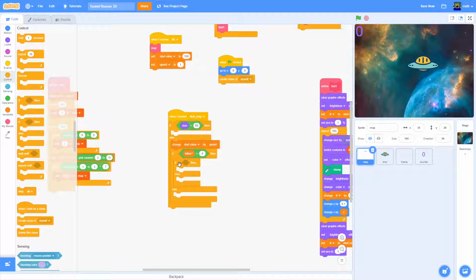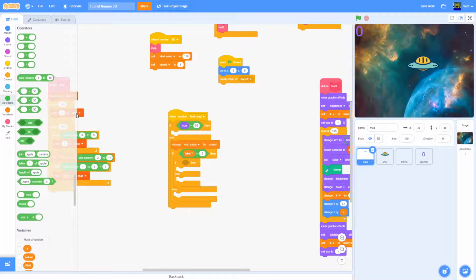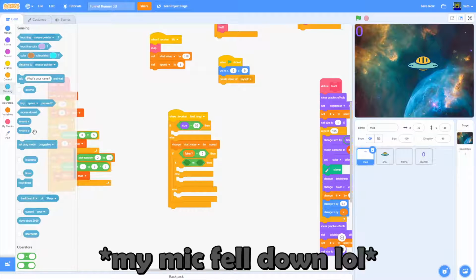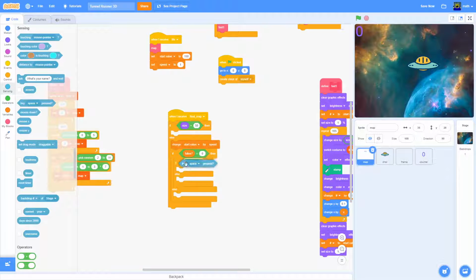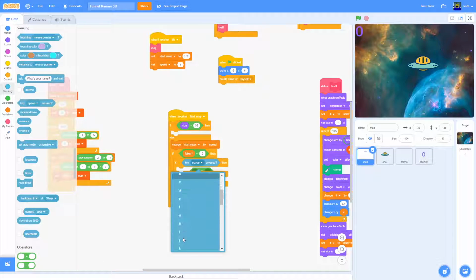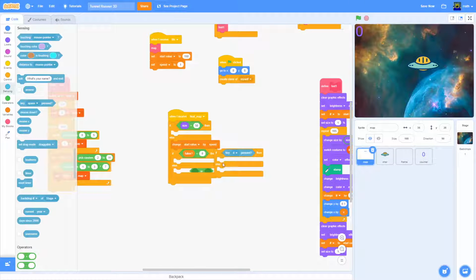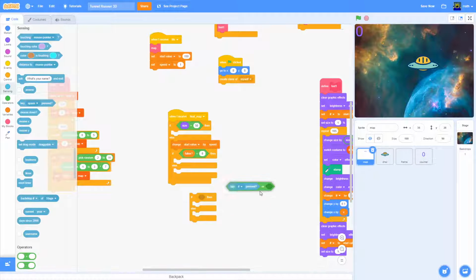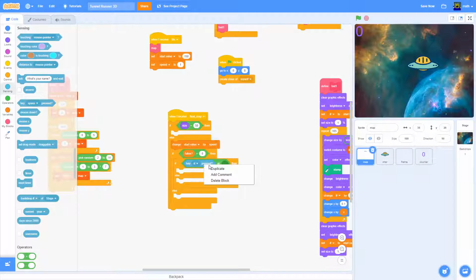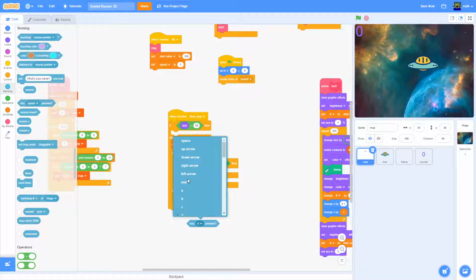Like that. So if key D is pressed, or, well, you get people who use arrow keys, of course. So if key D is pressed, oops, okay, I'm just really clumsy right now. If key D is pressed, or if the right arrow is pressed,